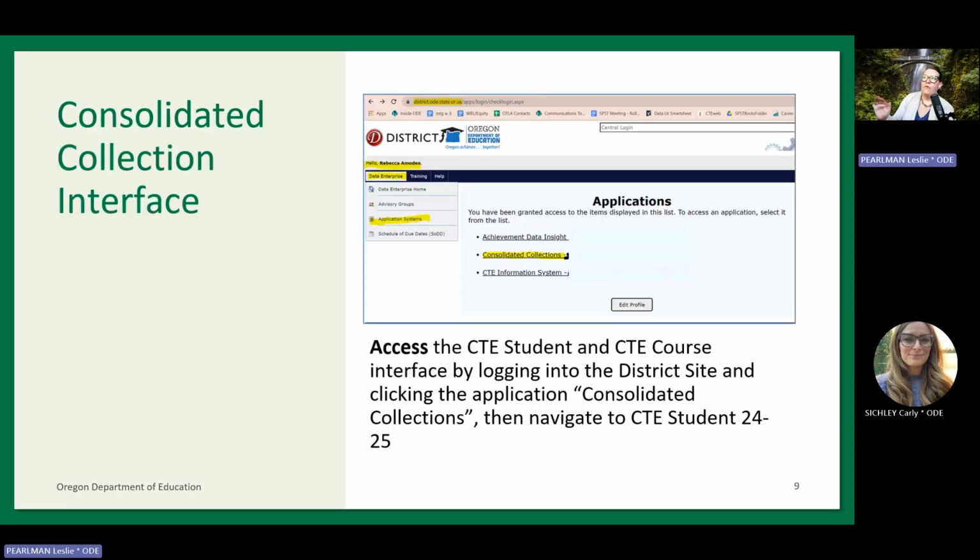I just want to go over briefly to remind you of what the consolidated collection interface looks like and how to get there. So to access the CTE student and course collection, you can access this through the district site. So you can log in there and then click on the application consolidated collections, and then you can navigate to CTE student and course for